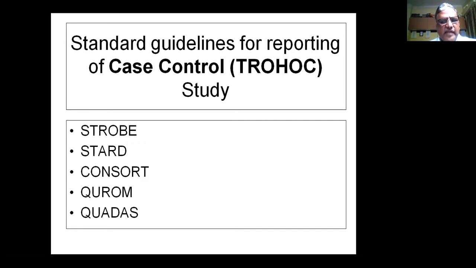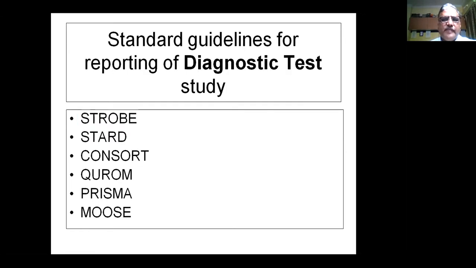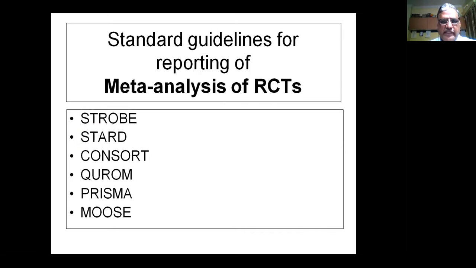Again, standard, but this would be STROBE for case control studies. For diagnostic tests, STARD. Okay. For meta-analysis of RCTs,